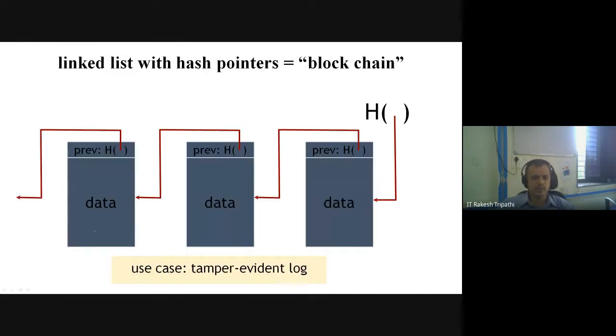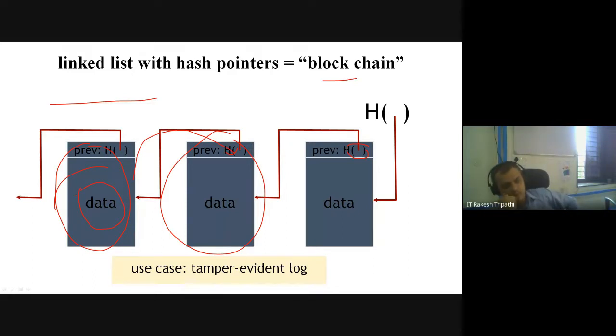So what it looks like is this way. For this data, I put the hash of this data here. Hash of this I put onto this. So this is called a linked list with hash pointers. It is called a blockchain. Whenever in a pointer you don't hold the memory address of the previous node, you hold